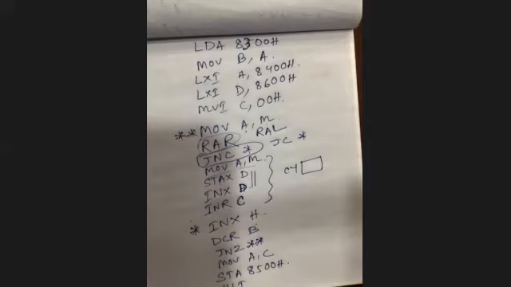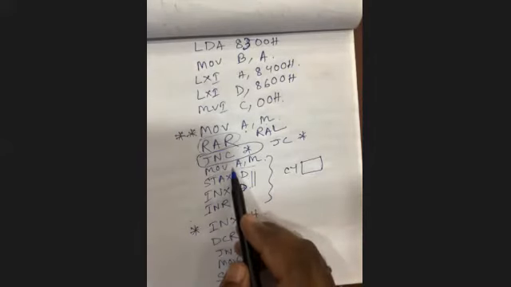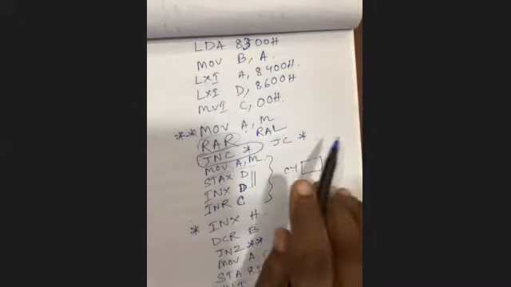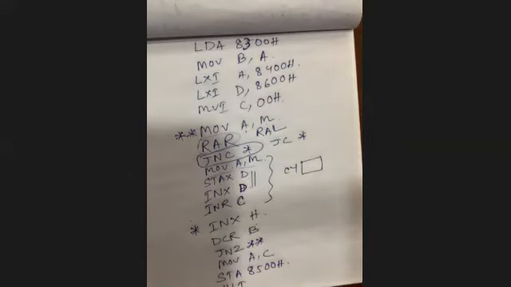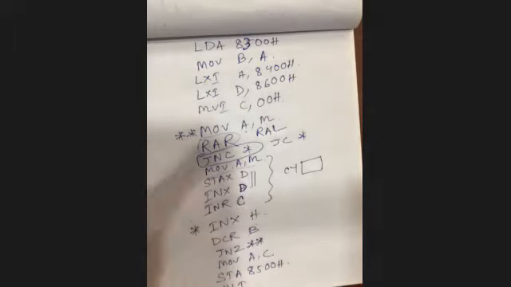Very simple answer. If I use RAR and over here RAL, then whenever we use RAL, the instruction changes again to RAR. So to leave the program unchanged, I am doing MOV A, C. If I do RAL, then it will be RAR, so it should not be changed. That's why MOV A, C. For every program it will be the same. No issue. Okay, sir.